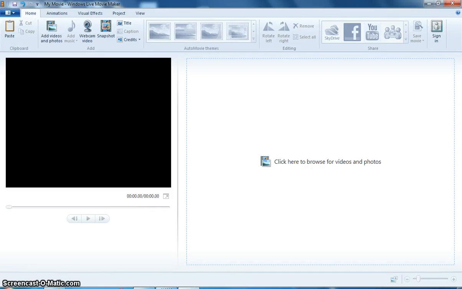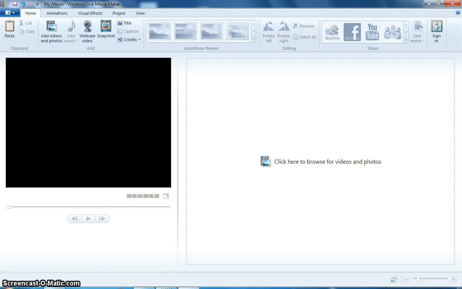If you are looking for a way to create movies out of videos and photos, then Windows Movie Maker Live may be just the product that you're looking for. In this video, I'm going to cover some of the basic features of Movie Maker, specifically in the area of adding video and editing video. It's one of the most popular ways that this tool is utilized, so those are the aspects that I'll focus